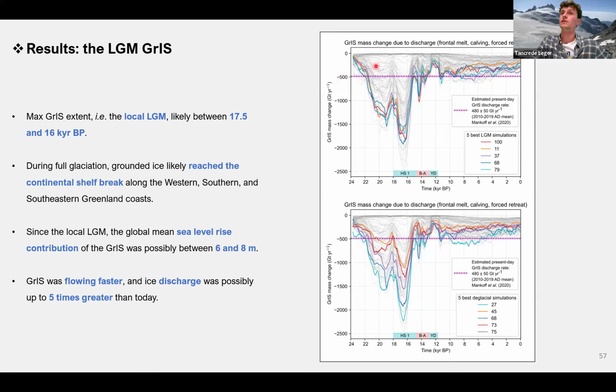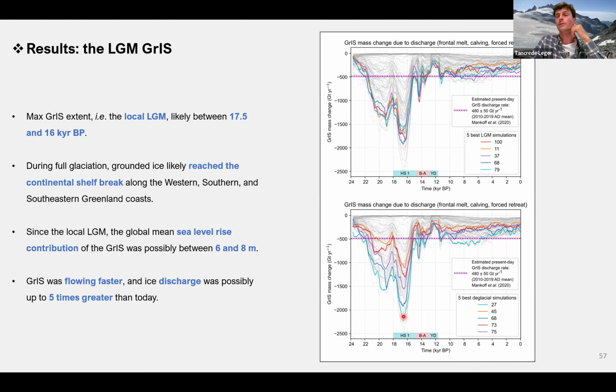So what I show here is the full ensemble's time series with some highlighted colors for the 5 best LGM simulations on the top panel and the 5 best simulations at the deglacial tests in the bottom panel. So we have just 2 tests basically. And you can see that during Heinrich Stadial 1, so really the local LGM here at 16.5 thousand years ago, we have a discharge rate that is above 1,000 gigatons per year and up to nearly 2,000 gigatons per year,